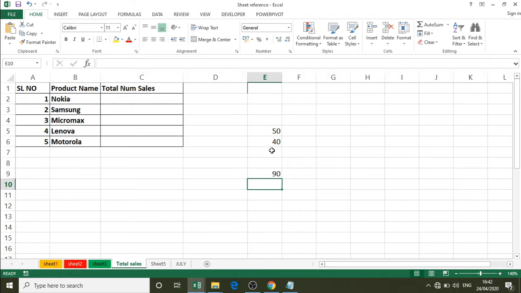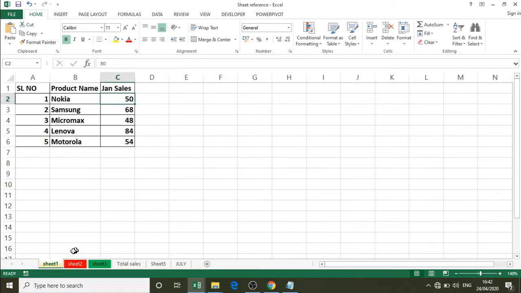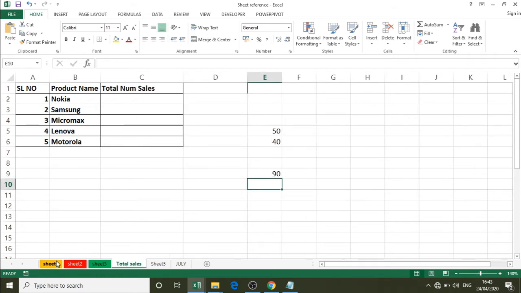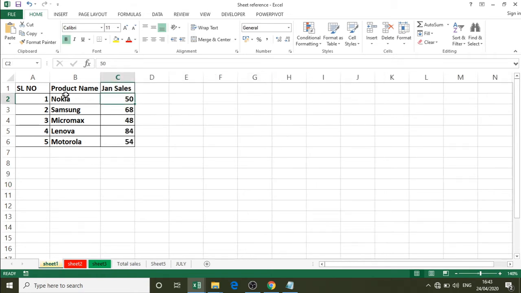So now we will see how to do the calculation when data is present in a different sheet. For this, you see we have taken Sheet1, Sheet2, Sheet3 and there is Total Sales. That means in the first sheet we have the product name and the total sales done in January. In Sheet2 there is the product name and the total sales done in the month of February.